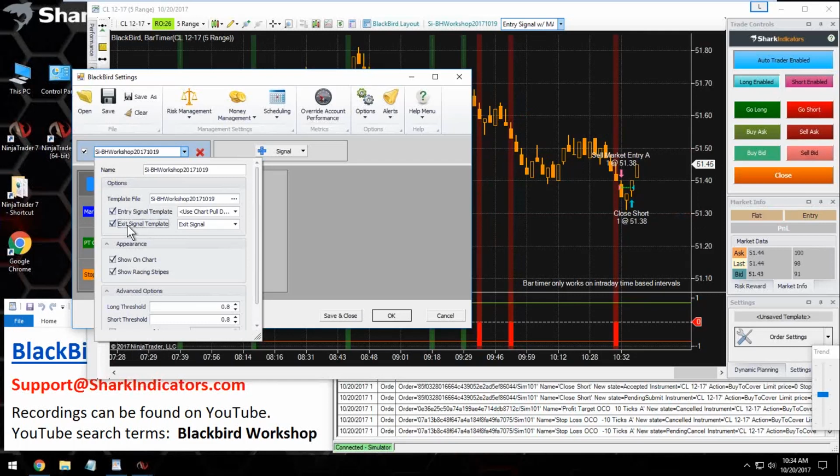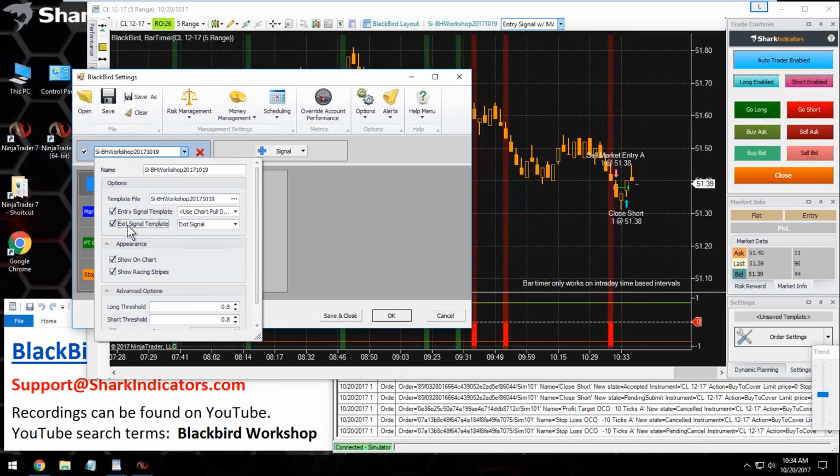That's all they do. They don't do anything else. They don't affect any other components of BlackBird or Raven. They just simply put you flat, and that's it. With the one exception: if you get an exit signal at the same time you get an entry signal. So, for example, let's say we have an entry short signal here. Now, if we got an exit signal to exit a short trade, which would be a long exit signal,